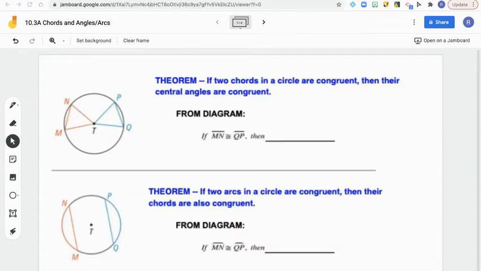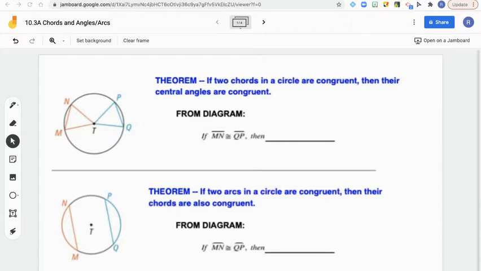So the first things that we're going to look at with chords today are some important theorems dealing with angles or arcs in a circle. You'll notice that these two theorems are listed here on the screen. They are also in that student note sheet if you're using that. If you're just writing these notes in your notebook, make sure that you get these two copied down because these are our first two theorems for today, and they're going to be really important as we look at some problems